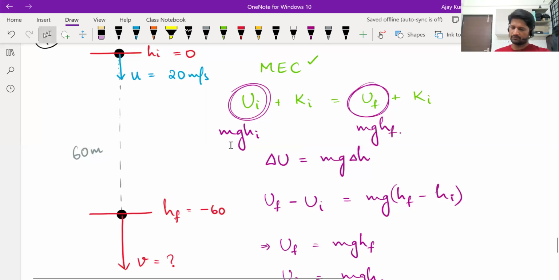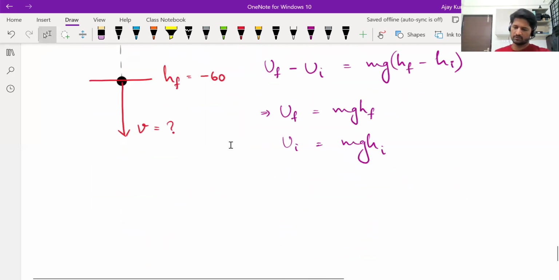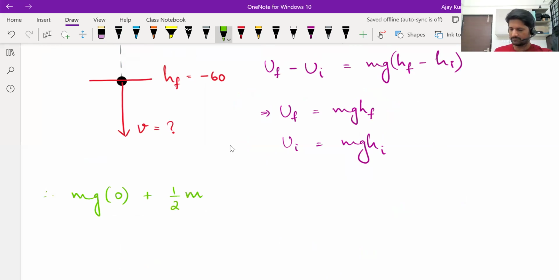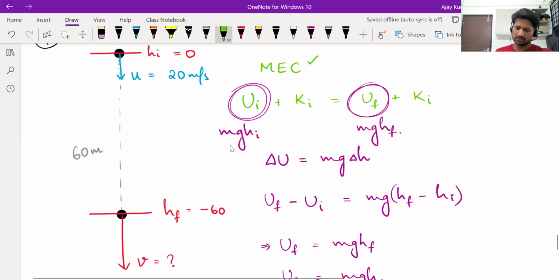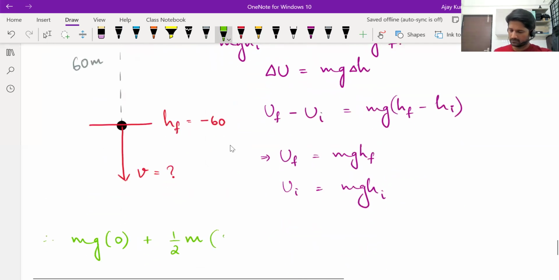Okay, now we are taking initial height to be 0. Therefore, initial gravitational potential energy will be mg into 0. And initial kinetic energy is half m u square. The ball is not simply dropped, it is thrown down with a speed of 20 meters per second. So half m into 20 squared